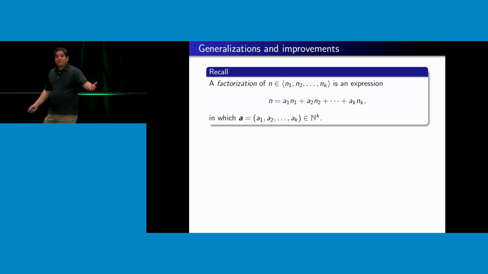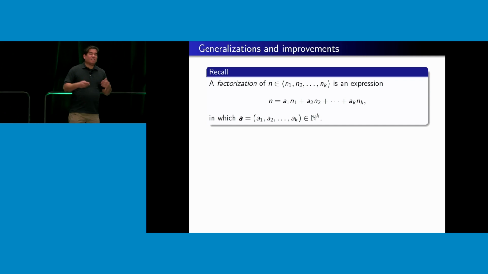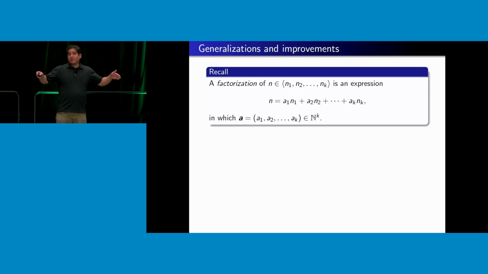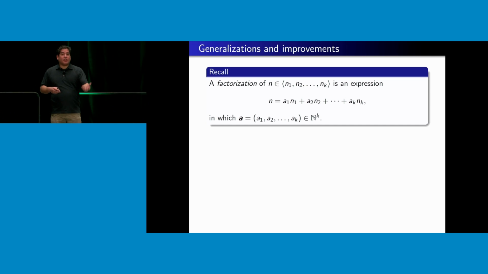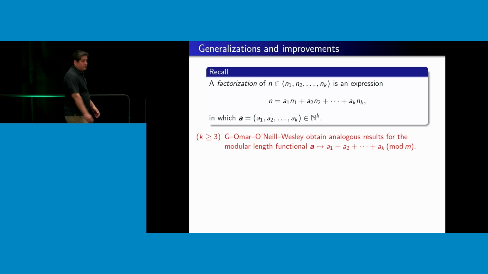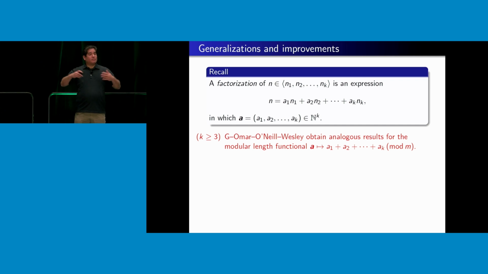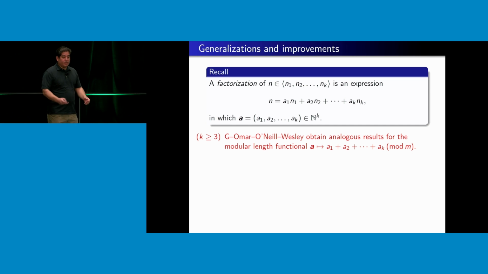A factorization is a way to fulfill this nugget order. We encode that with a factorization vector A, and we look at the factorization length. We add up the elements of A. So from a linear algebra viewpoint, that's taking the dot product of the vector A with the 1, 1, 1, 1, 1 vector. Right? When you add up the entries of a vector, you're dotting it with the all ones vector. So a couple of things you can do is take a look at lengths modulo m, and there are some really cool equidistribution results that happen there when you throw in some number theory.